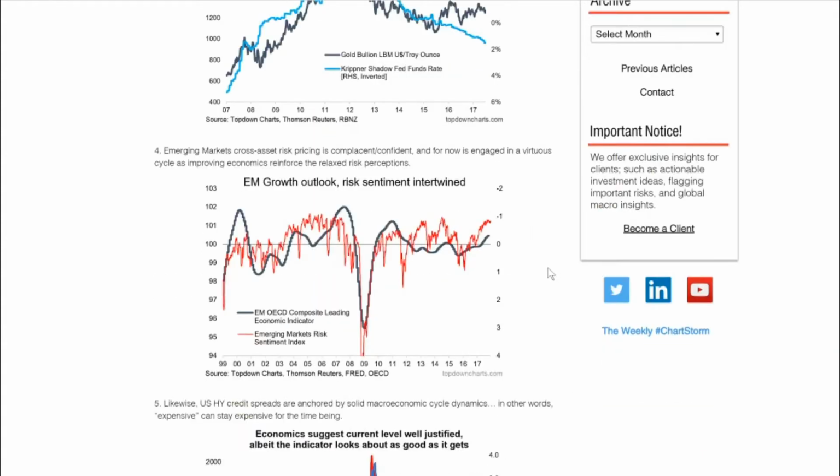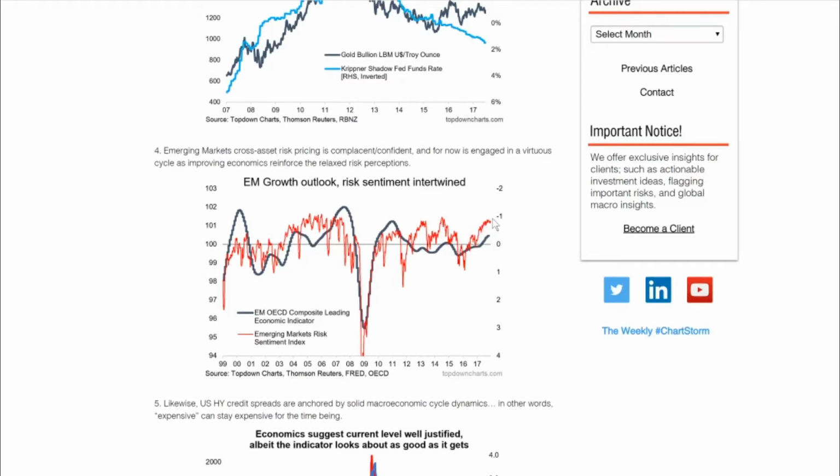Number 4, emerging markets. I found this one really quite an interesting chart. The red line is a composite of risk pricing. So this is emerging market corporate credit spreads, emerging market equity implied volatility, CDS pricing, and I think that's it. So a pretty broad, comprehensive view of risk pricing across government bonds, corporate bonds, and equity. So it gives you quite a holistic view of risk sentiment in emerging markets, and you can see there that